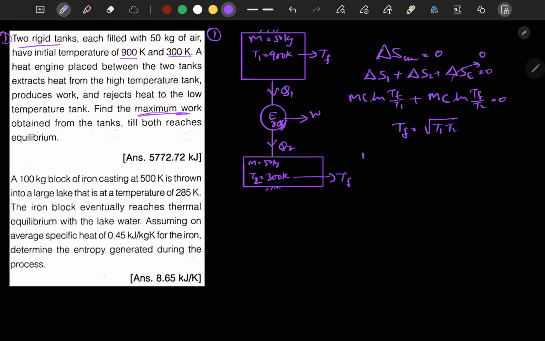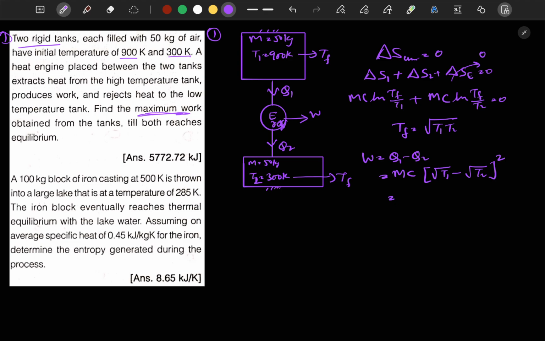From here we can calculate the work done, which is equal to Q1 minus Q2, and these values can be written as mc times (root T1 minus root T2) squared, as we have done in the previous calculation. After substituting the values, T1 is 900, so root T1 minus root T2, which is root 300, total squared, into mass 50 and C is given to be